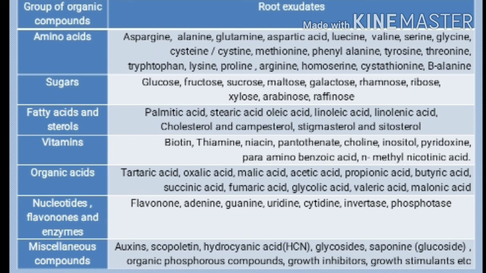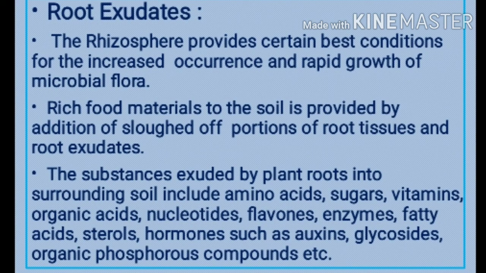Nucleotides like adenine, guanine, uridine, cytidine, and flavonoids and enzymes like invertase, phosphatase are found in the root exudate. Several other compounds like auxins and hydrocyanic acid, glycosides, saponins, organophosphorus compounds, growth inhibitors, growth stimulants are found in the root exudate of plants. These root exudates provide the best conditions for the increased occurrence and rapid growth of microbial